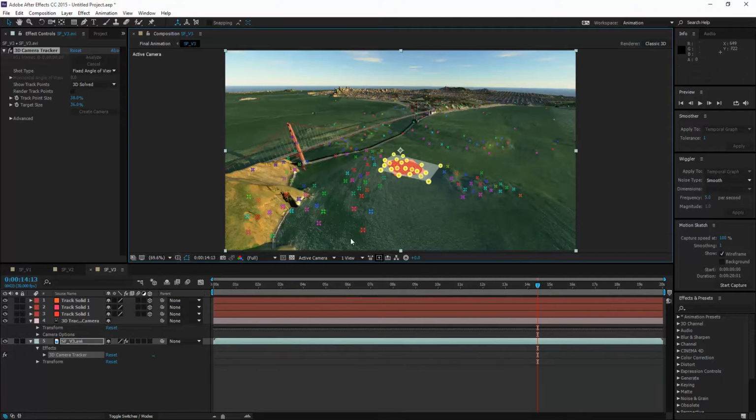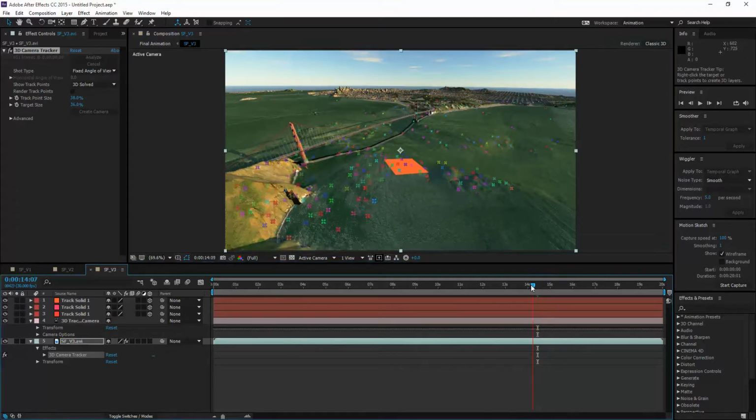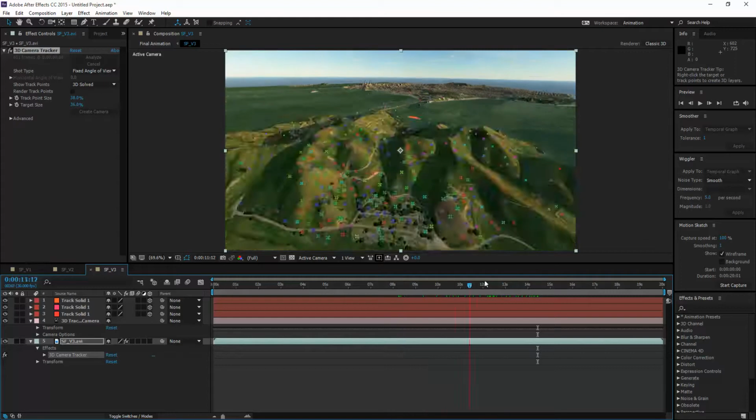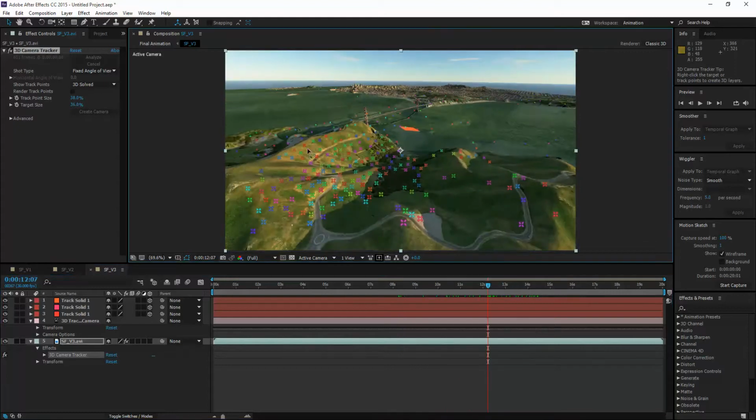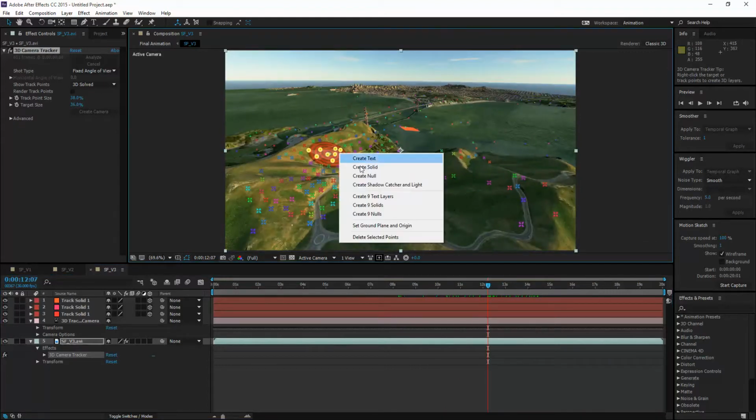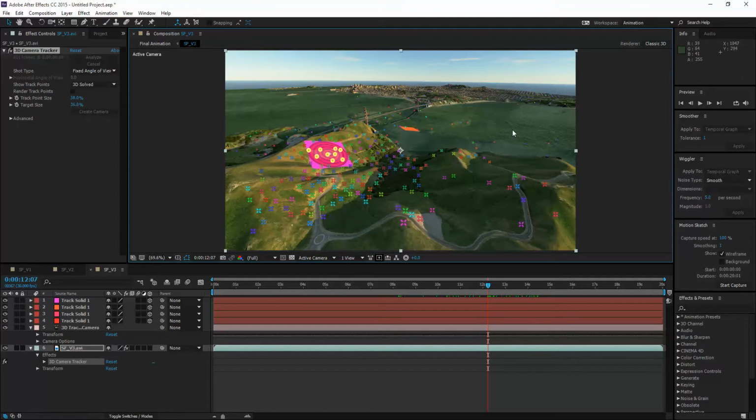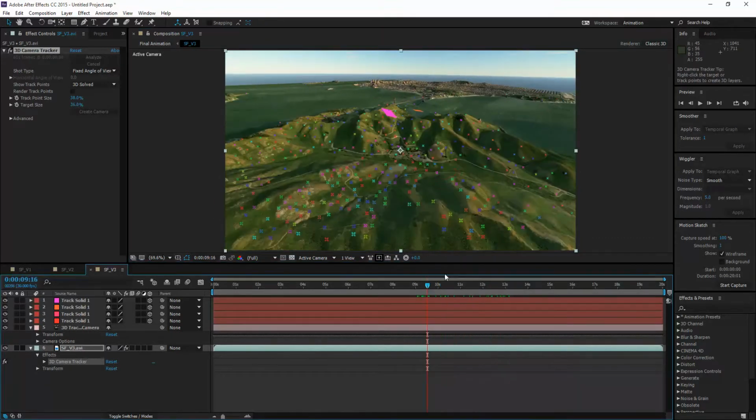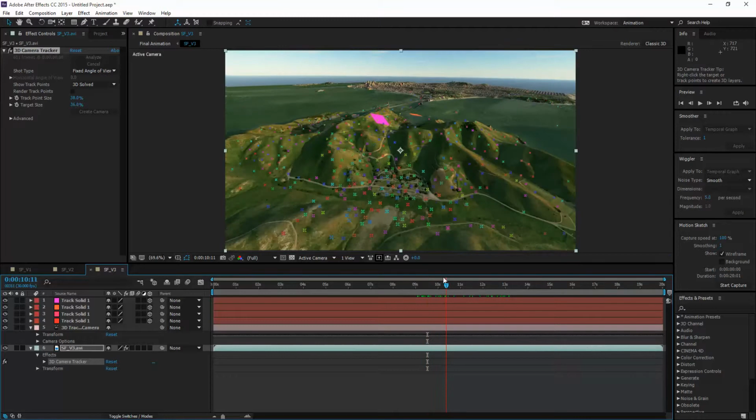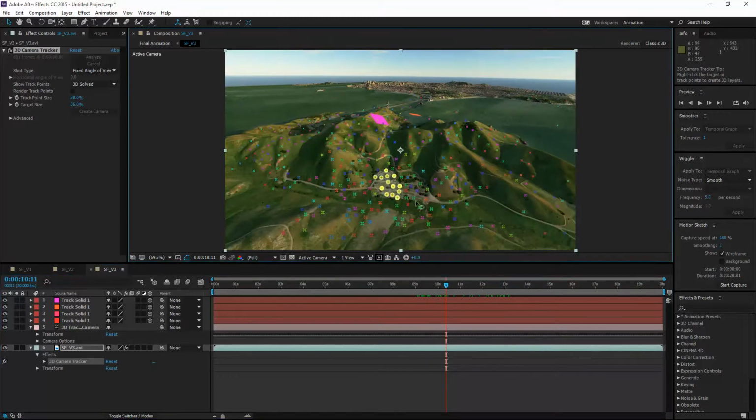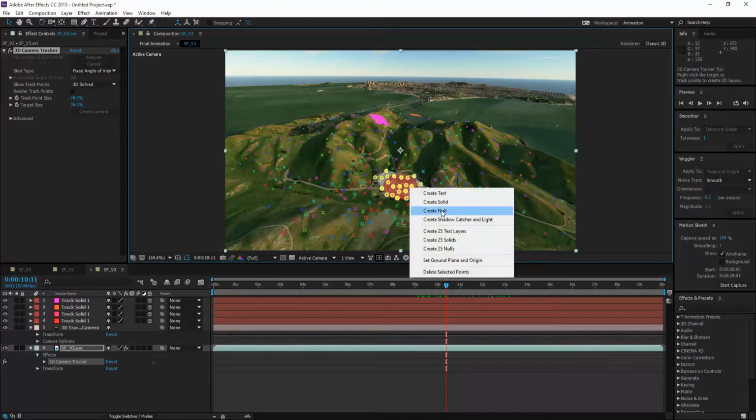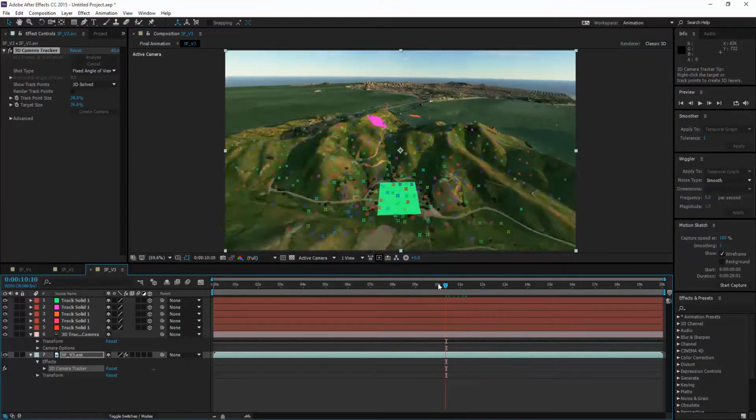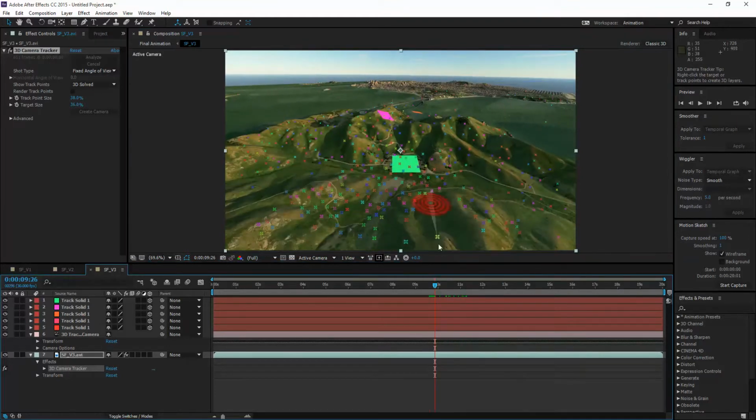Create solid. Again, these are just meant to be reference planes that we can look at, just to evaluate if the camera tracking worked correctly. Maybe let's create one in this small little valley right here. Okay. And what you can also do, which is very useful, is instead of creating a solid, just create a